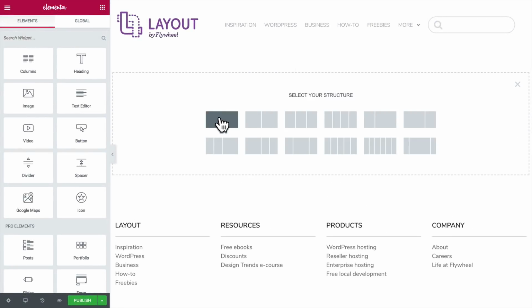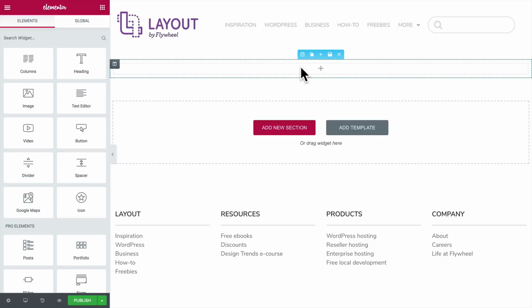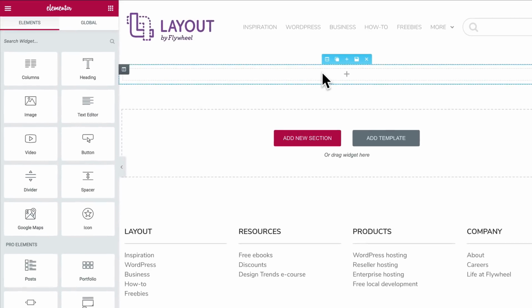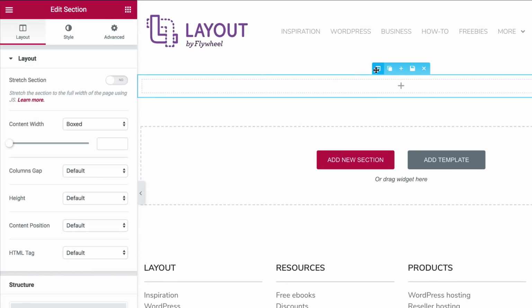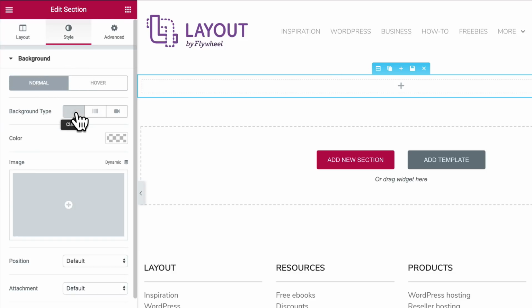We only need one column. And we want this image to always stretch full width and change its shape appropriately at different screen sizes. So rather than adding an image widget, we need to add our image as a background to this section. So I'll click the section settings icon in the middle of the section. And then in the section settings on the left under style and background,